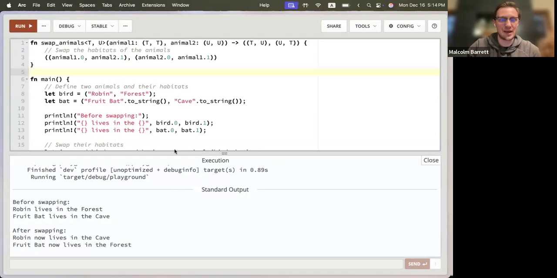And so this doesn't actually show the fact that it doesn't matter what T and U are here. This could be a string and this could be a string literal, or they could be numbers, it doesn't